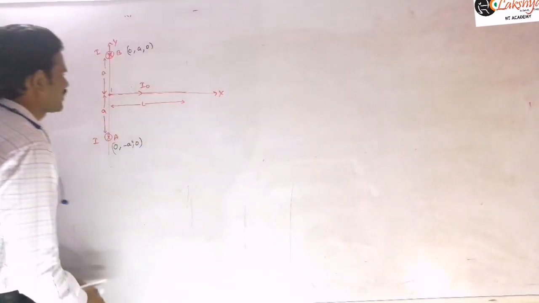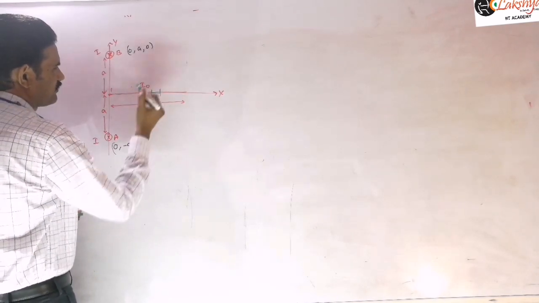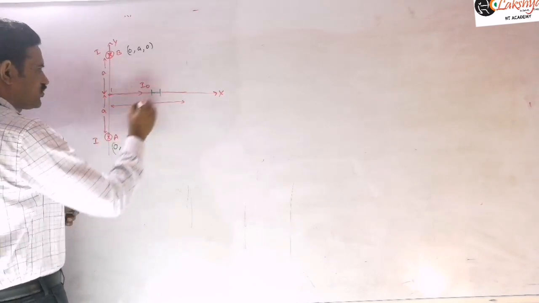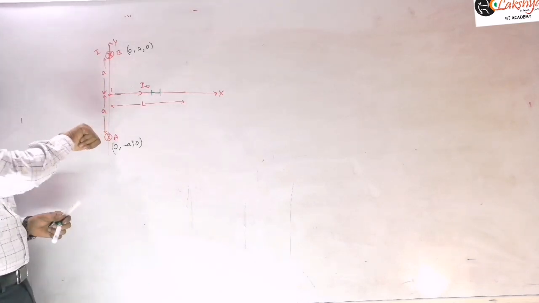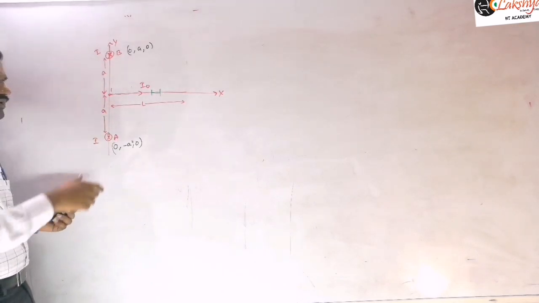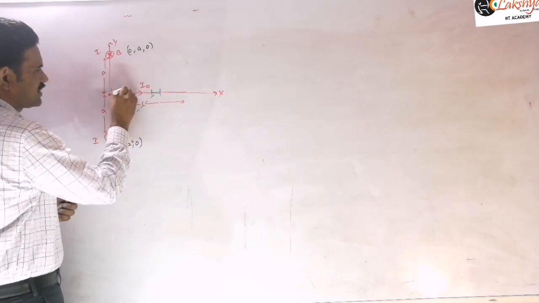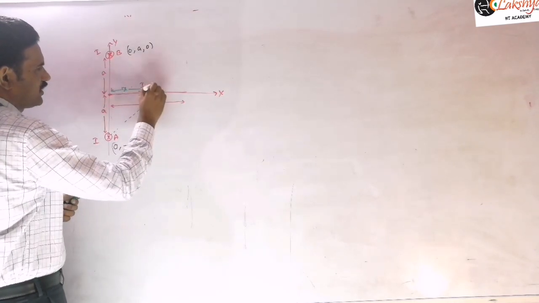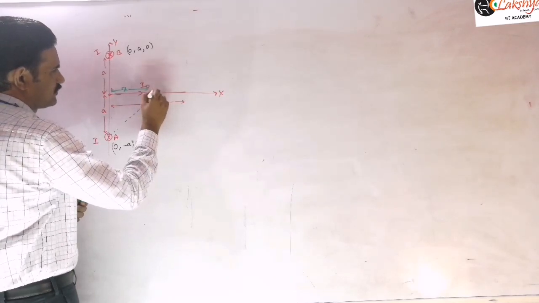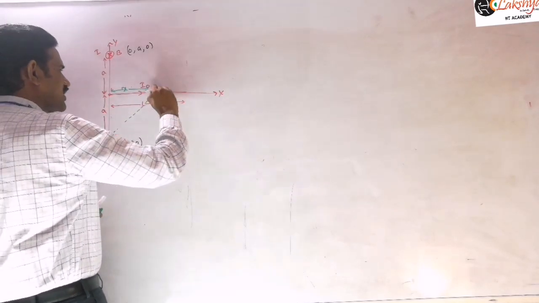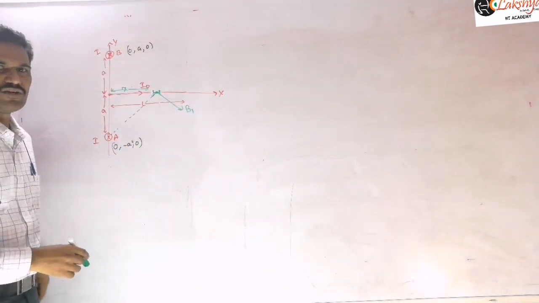So let me show this here. Suppose let us take this small element here. Now the magnetic field due to this wire for that element we need to write. The current is flowing into the plane. So we are taking a distance of x from this, and this small element I am taking as dx. Here the magnetic field will be perpendicular to this, you will get along this direction. Let it be B1, the magnetic field due to that.